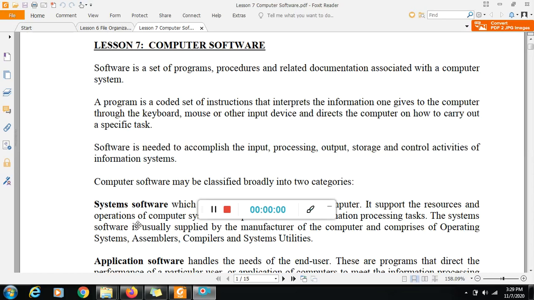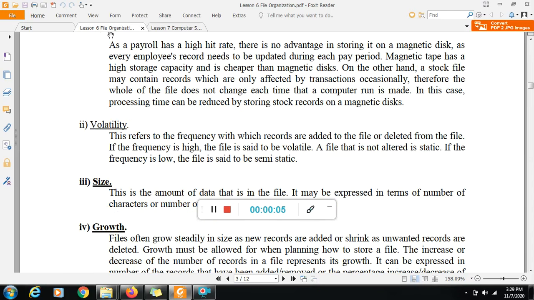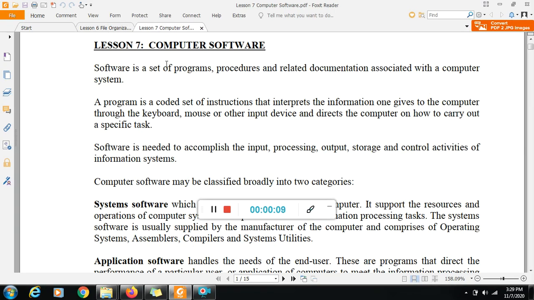So, good afternoon. In our previous lesson, we discussed file organization. In this lesson, which is lesson 7, I would like us to discuss a little bit about computer software. This is one of the lessons which I don't want to overdwell on because I think we have dealt with computer software from our introductory lessons, and there is not much to do with computer organization with regard to